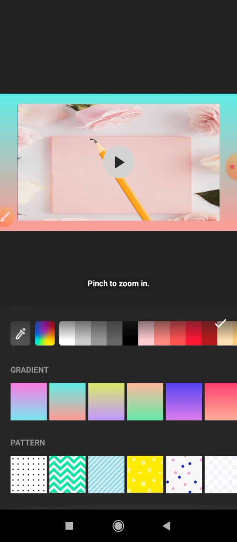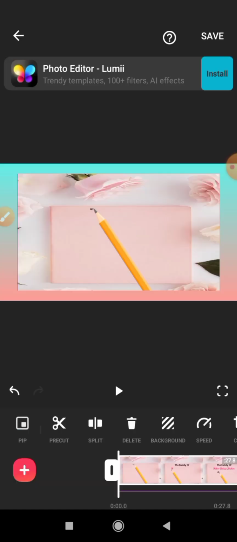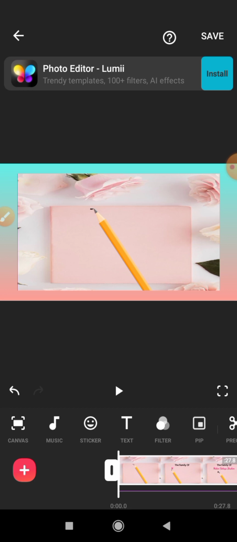So we are leaving it. If you like, you can select on pattern down below. But I see this one is good, so we are leaving it here. Then what we need to do next is to